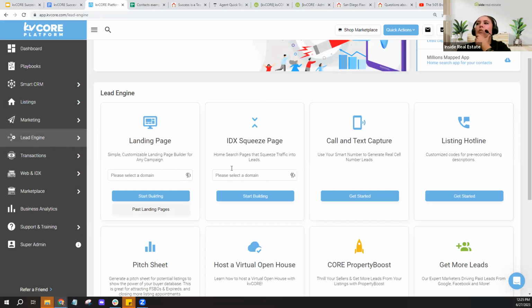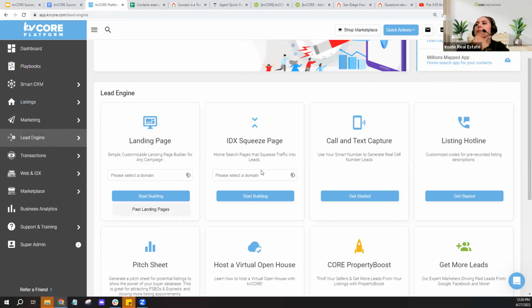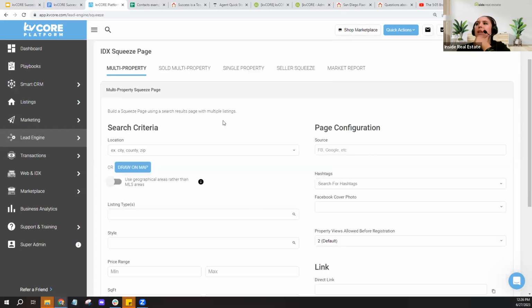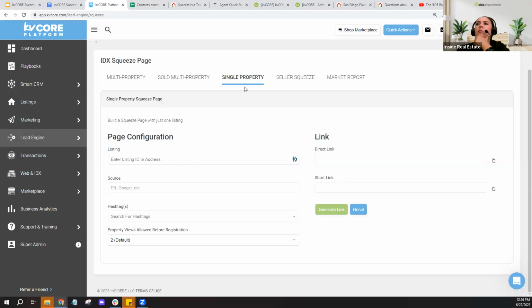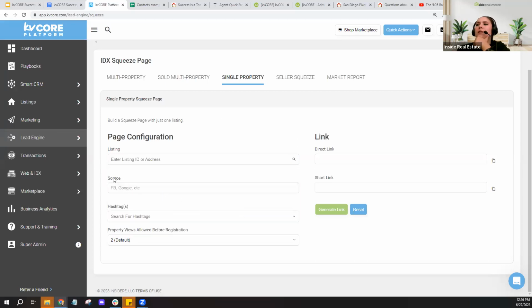Squeeze pages are really quick and easy to build. You'll find them in the lead engine here, and you can choose your website domain. For something like an open house, you'll probably choose single property. You'll type in your listing address. And then you're definitely going to want to type in a source, if you're posting it to your Facebook business page, something like Facebook business or Facebook business open house squeeze,